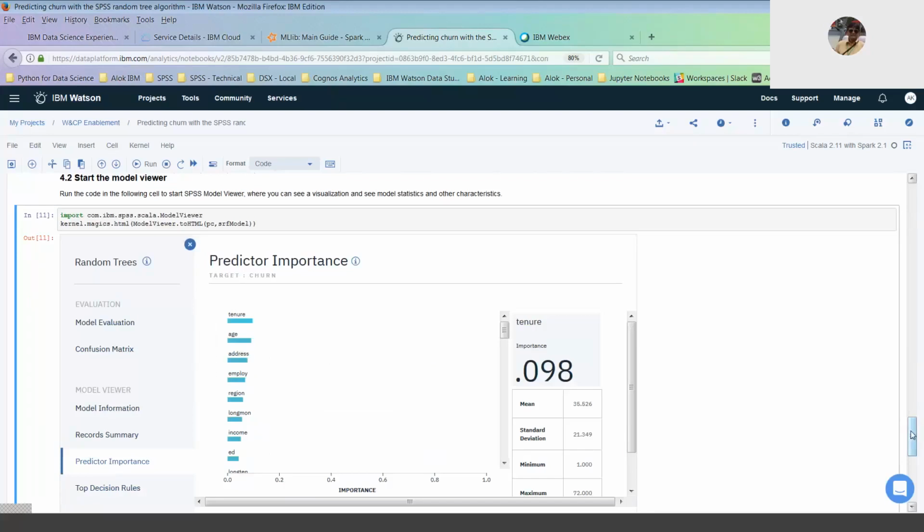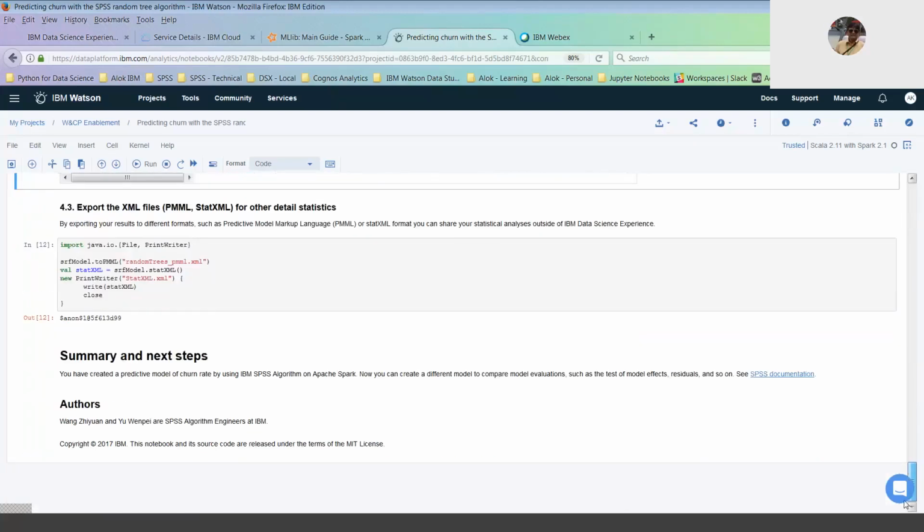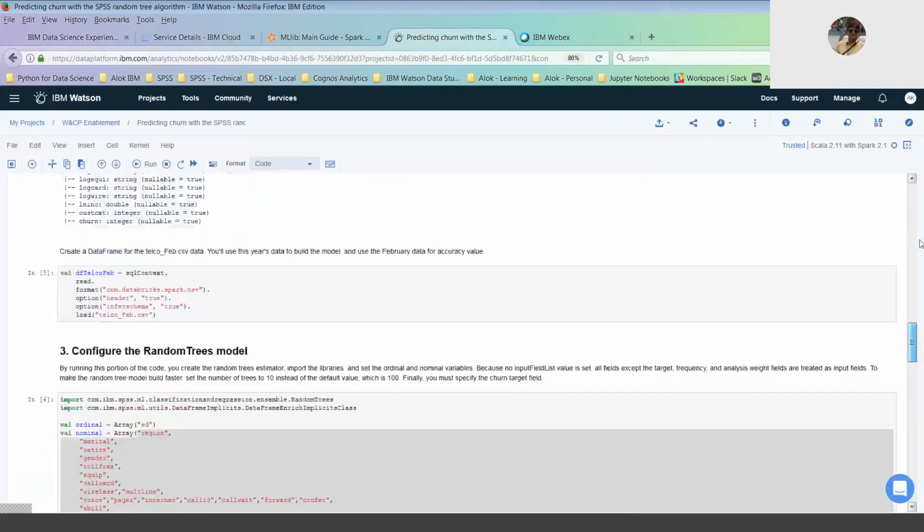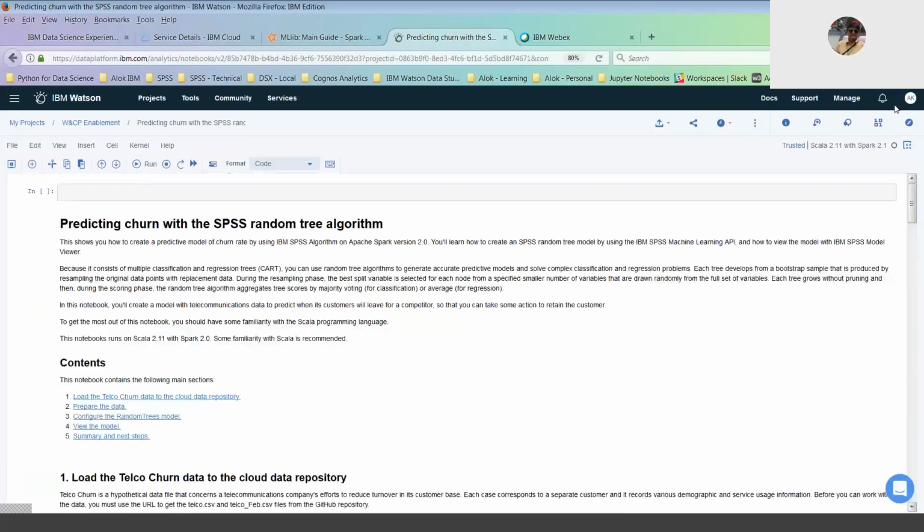So that brings me to the end of the first one, and you can export that as an XML at the end of the code, right? So that is the last exercise that you do in this notebook, right? Now the second one is the one that I will build live, right? So let me use